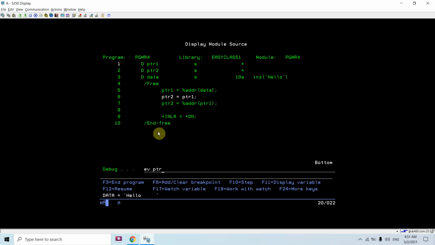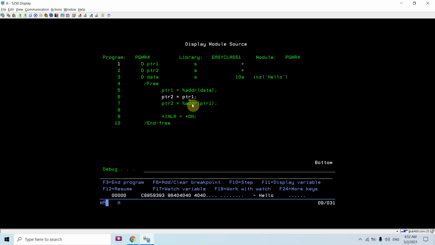EVAL ptr1:c length 10. So you can see this ptr1 will store the address, and at that address we have this value. You can also check the hex value, and you can see the hex value and the corresponding data.